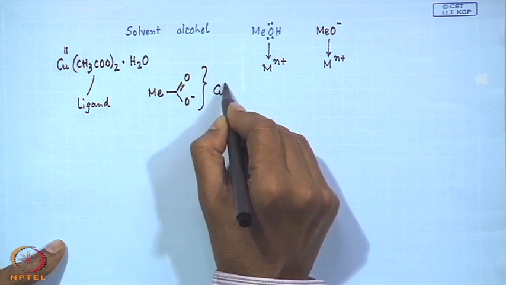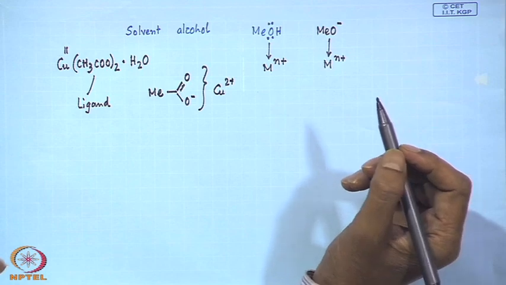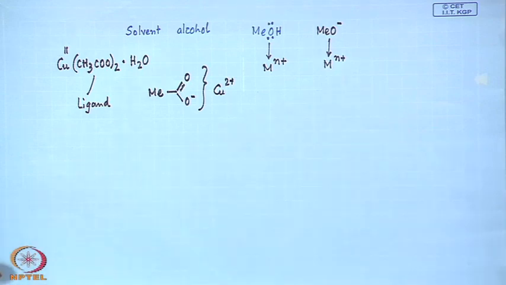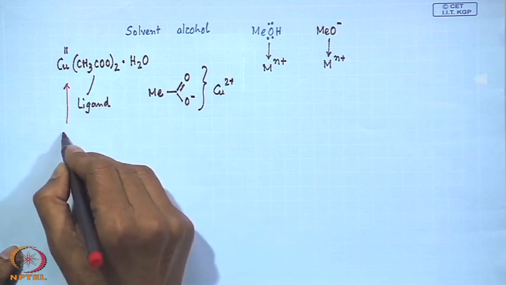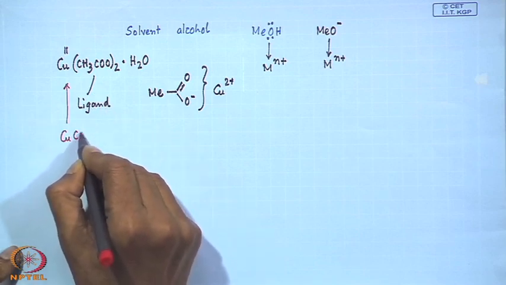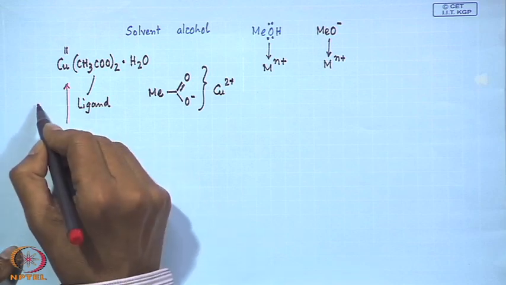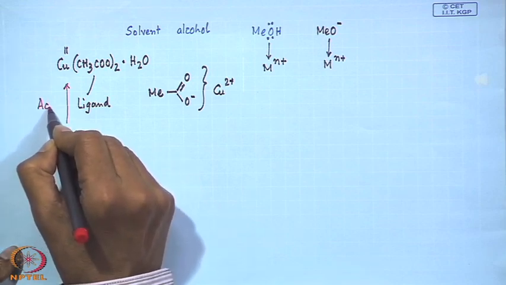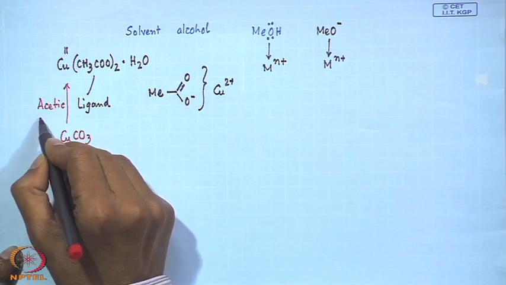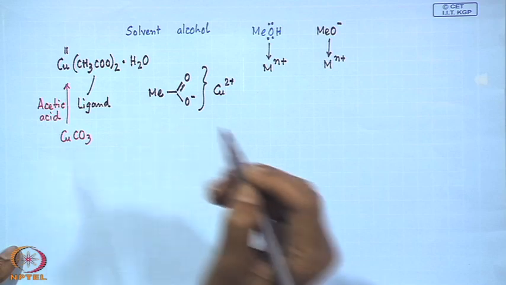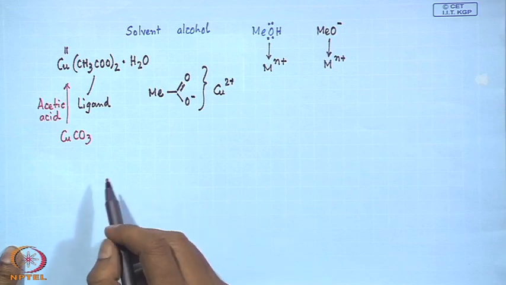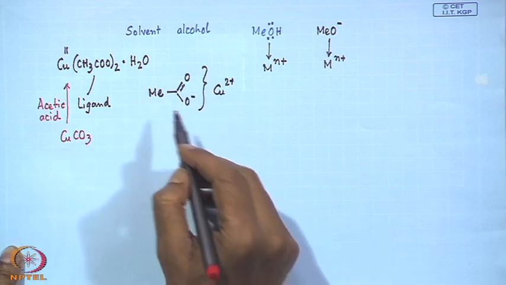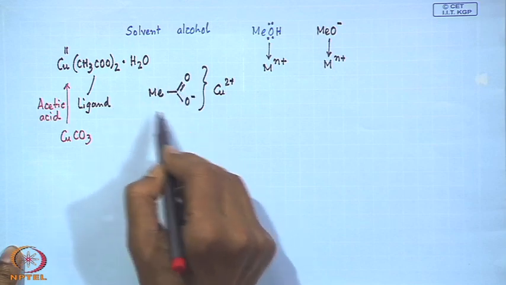binding to the metal center, and that will also solve the puzzle related to many other metal acetates, because it is very easy to make from other compounds like the corresponding copper carbonate. You just simply add acetic acid and after concentration and crystallization we get the crystals of copper acetate. So, this binding will be very important, but again this can function as a very good ligand to the copper